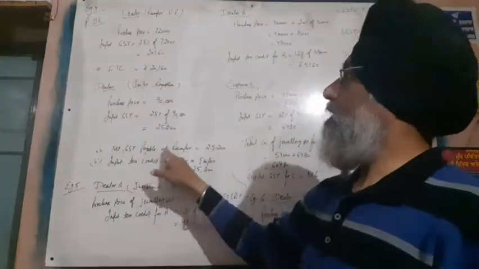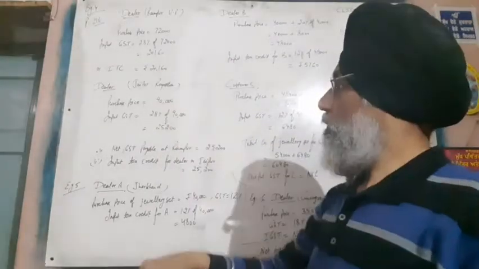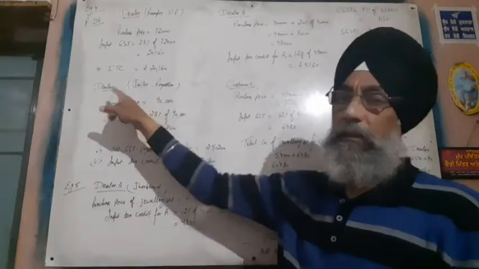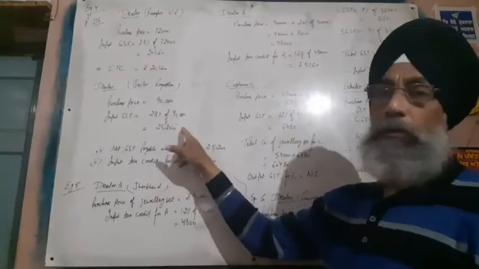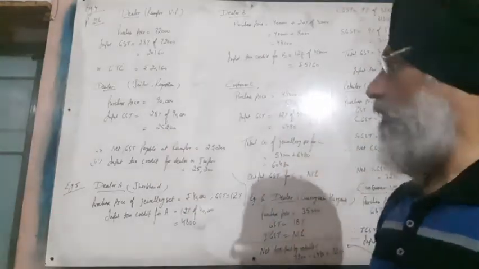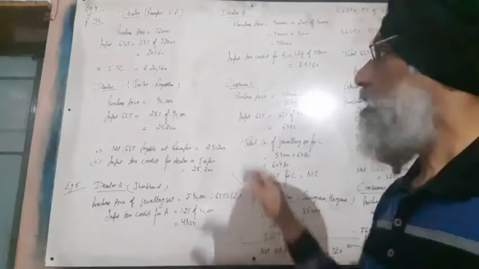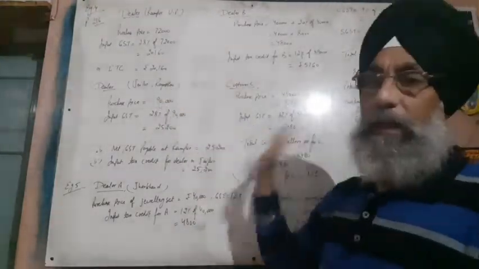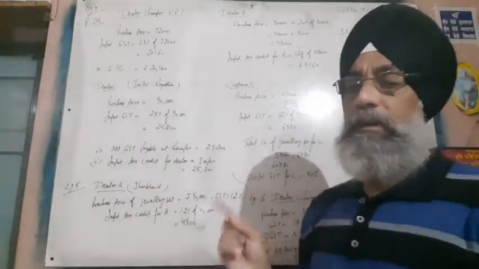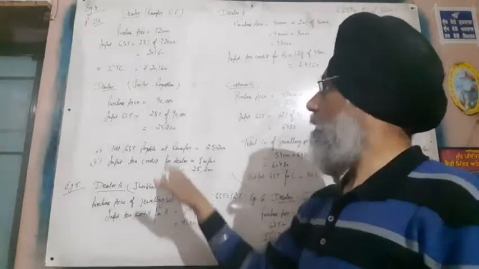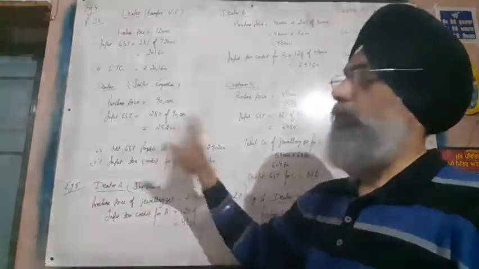Now the net tax that is payable in Rampur by the dealer. He has already paid 20,160. He gets 25,200 from the dealer. So on subtracting, the net payable at Rampur becomes 25,200 minus 20,160. If we have to find out the net GST paid by the dealer, then we have to subtract it. But here what is asked is how much GST is payable, that is 25,200. Moreover, IGST must be paid here by this dealer. Then the input tax credit for the dealer in Jaipur is also 25,200.